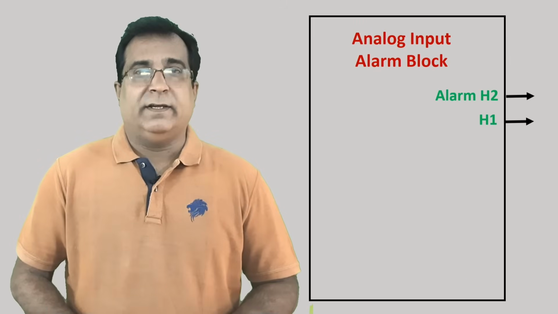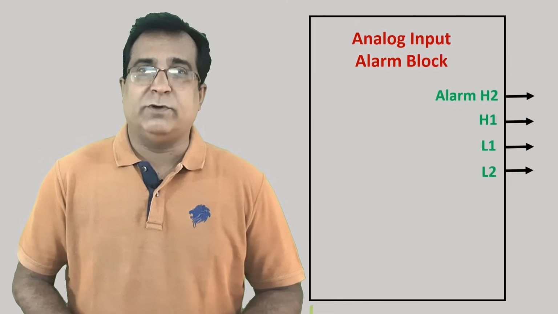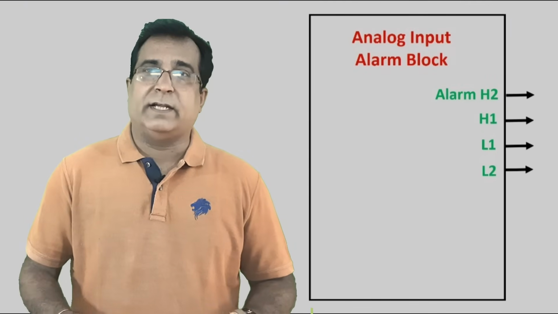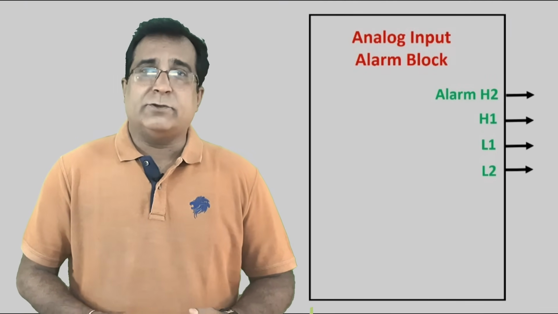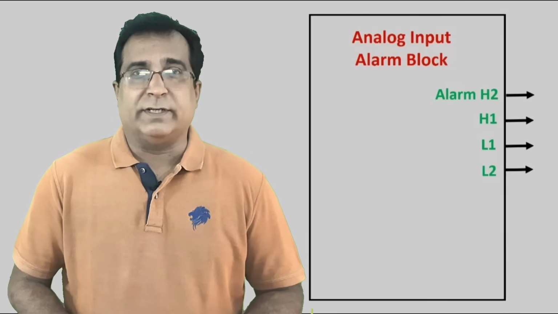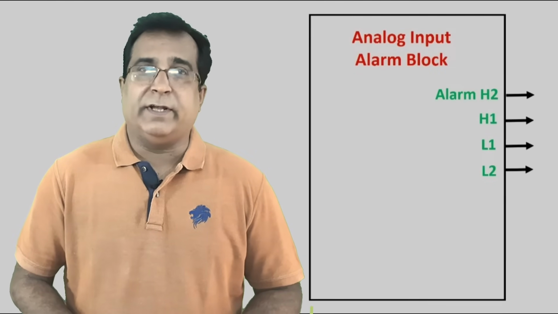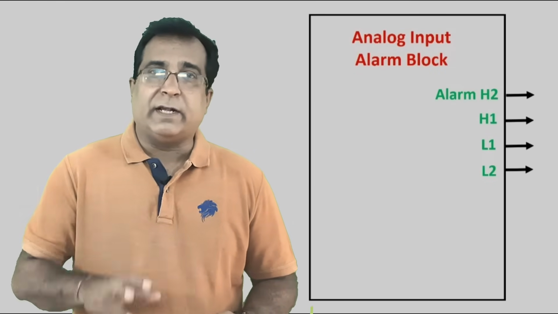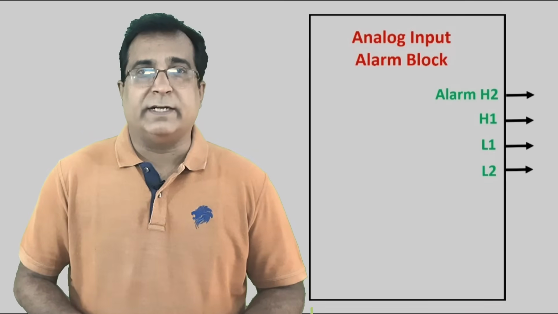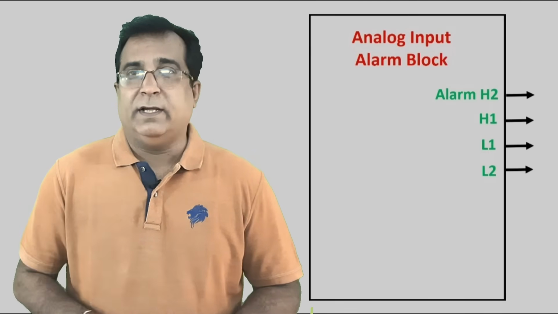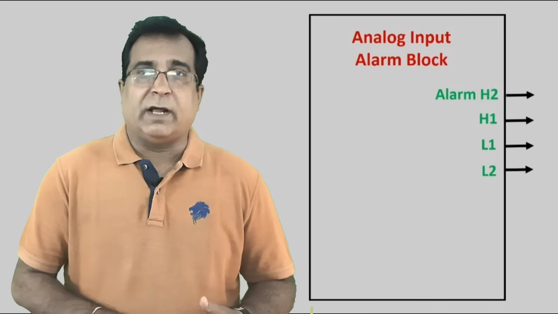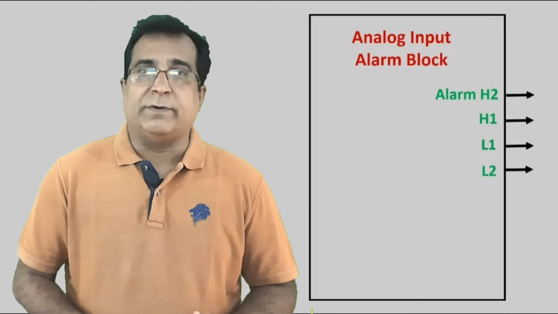Output interface bits. Here the 4 limits, namely L1, L2, H1, H2 bits are set as soon as the analog input crosses the limit set by the control room operator. These are the short bits which are interlocked in the program logic. An alarm appears on the HMI when these limits are triggered. By controlling the input enable bits at input, you can decide in which condition an alarm appears on the alarm list. This will avoid crowding on the alarm list and will not distract the control room operator.